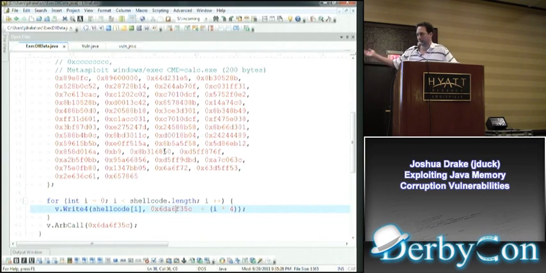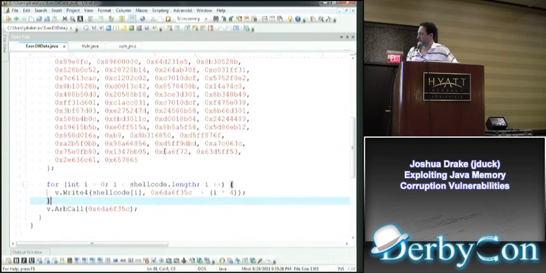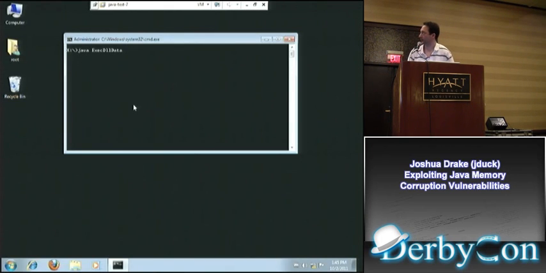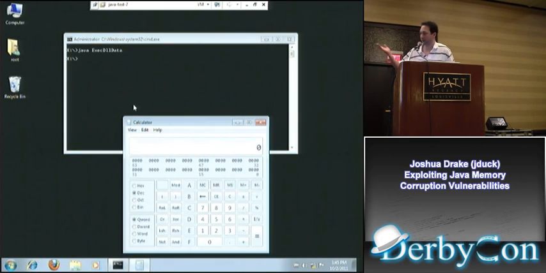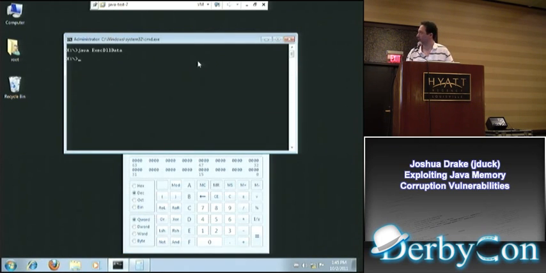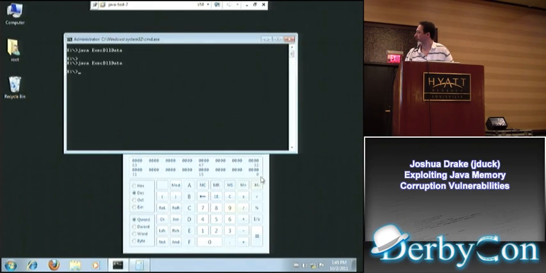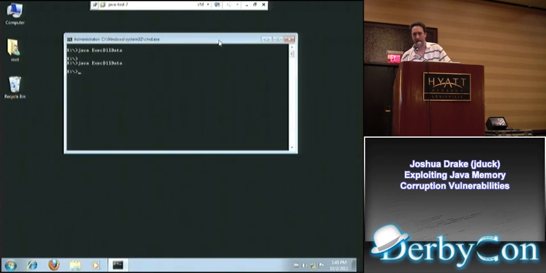But I mean, it's completely predictable. You can pick any DLL that's from Oracle, and they work. And then I just simply set EIP to it using the arbitrary call primitive that I created. I know it's not much of an exploit, and I'm kind of disappointed in it, but, you know, it's cool. I made this in 5 minutes at the bar on Thursday. So, I mean, you get calc every time. Want some more calcs? Yeah, well, two's enough, right? So that one's kind of weak, I know. I'm sorry.